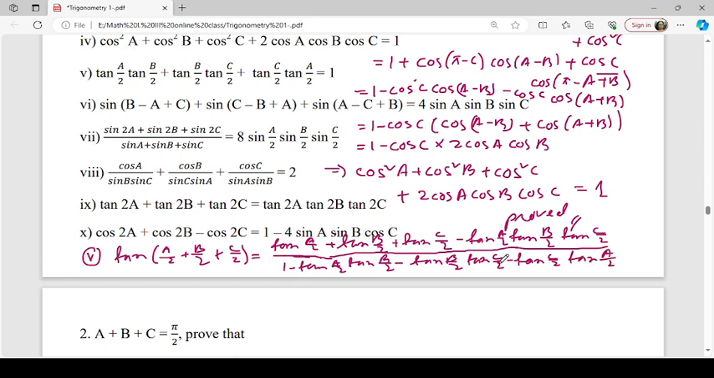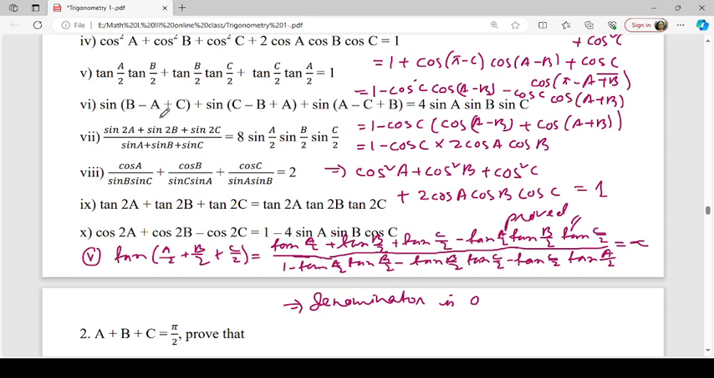So this is the expansion for this one, and because a plus b plus c is pi, this is pi by 2, so this means this is equal to infinity, so this implies the denominator is 0. So the denominator is 0 means this is equal to, so we have this one, then